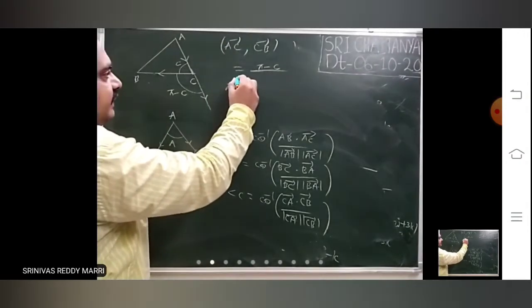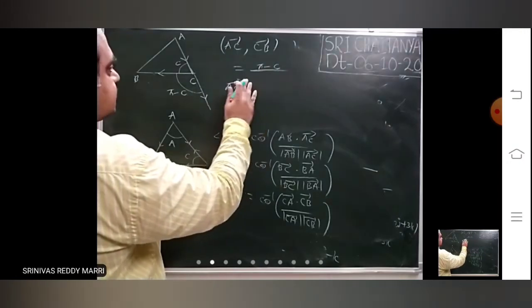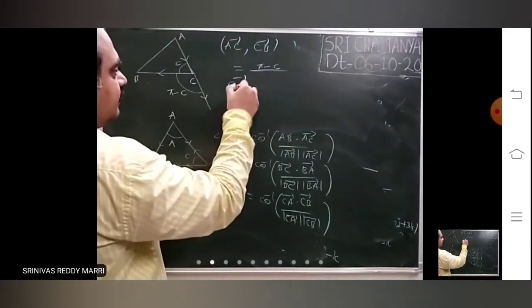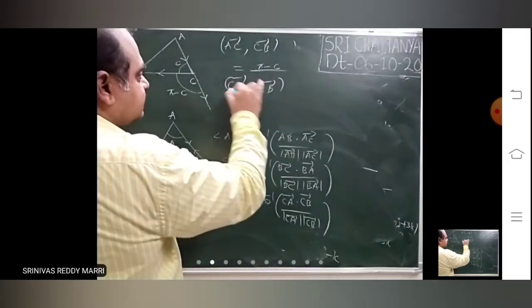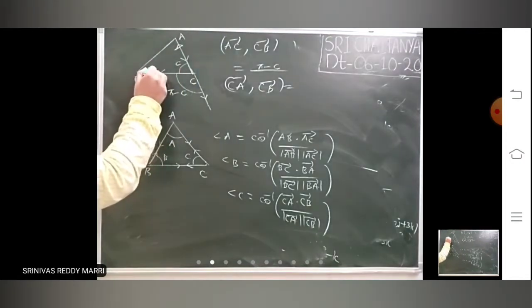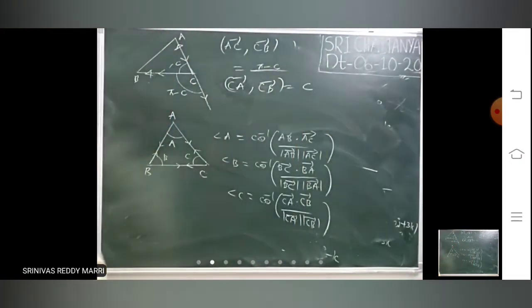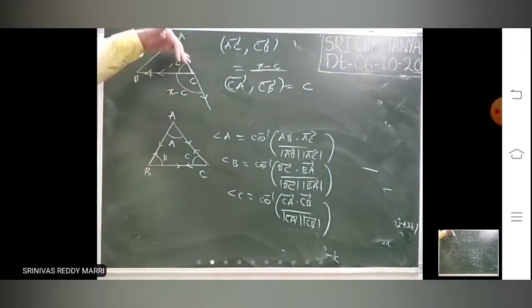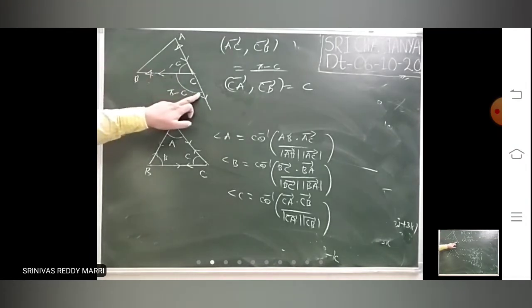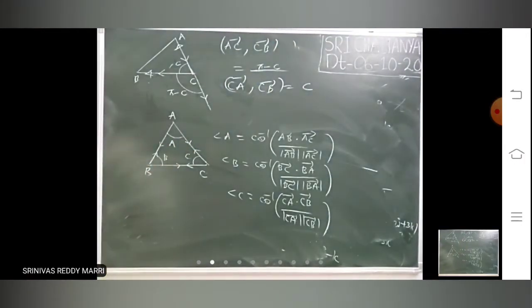Suppose the angle between CA bar and CB bar is asked. CA bar is this, CB bar is this. This direction and this direction angle is angle C. The vectors are in these directions, so the angle of separation is, if this is C, pi minus C. Like that, whatever he is asking, you mark the directions and take the angle between their directions.